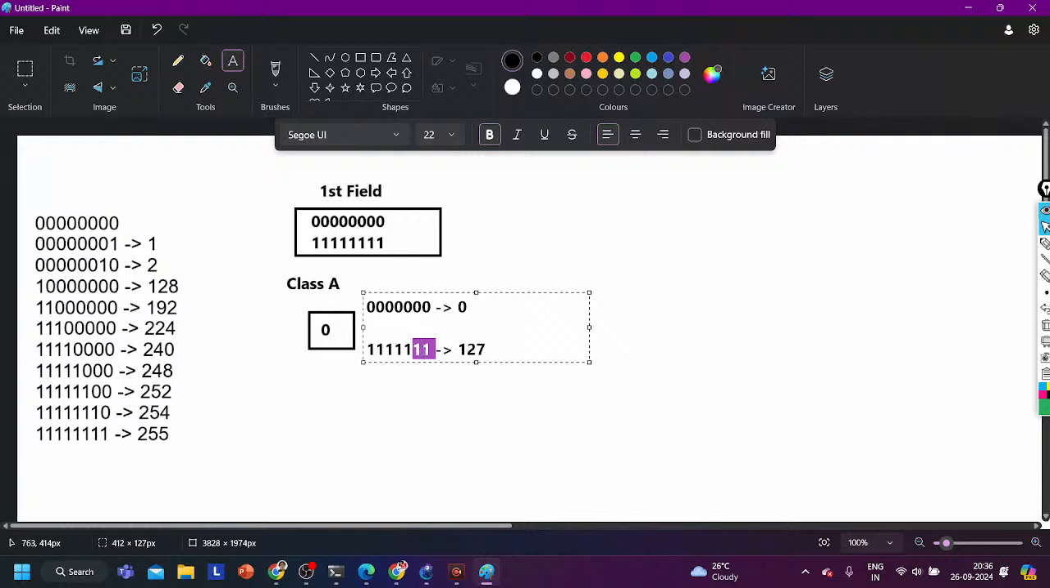Actually, this is what 2 to the power 0 means 1. This second one is 2 to the power 1 means 2. This one is 2 to the power 2, sorry, 4. This fourth one is 2 to the power 3, 8. Yeah, and so on. So if I talk about these 8 bits,